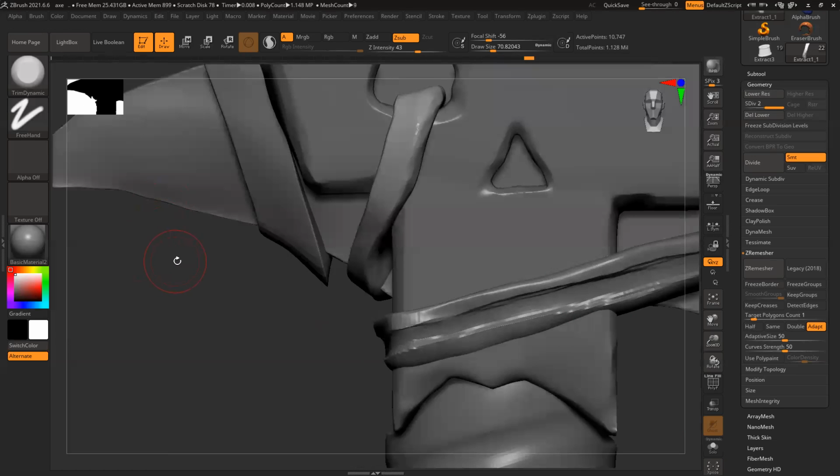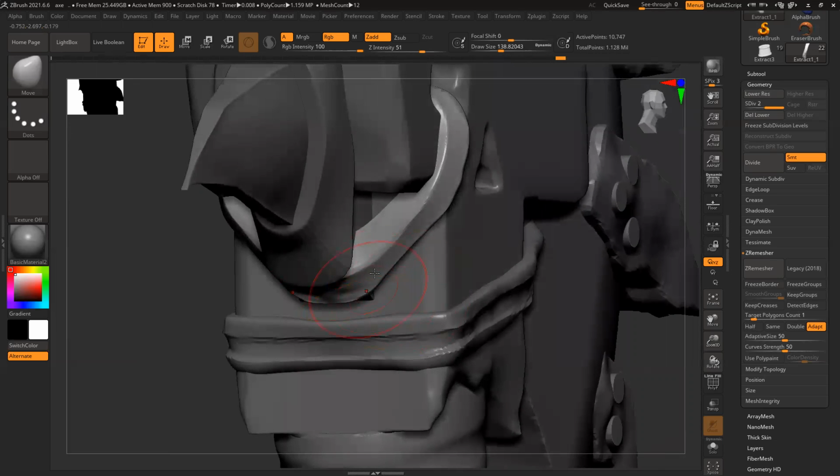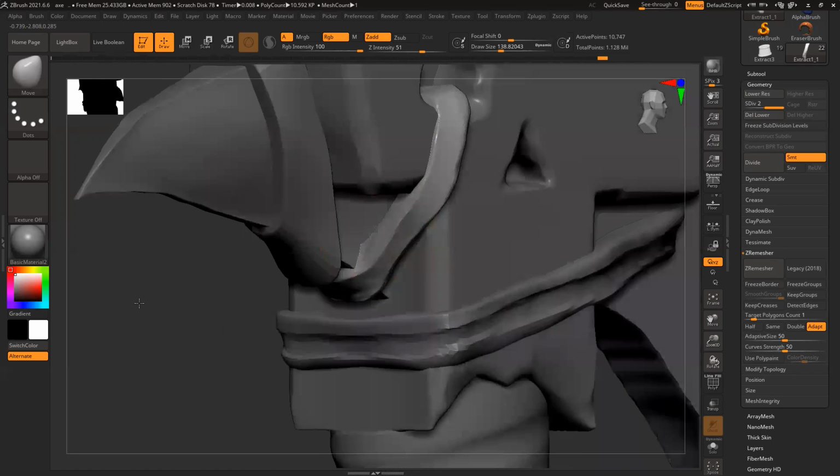Same level, almost flat. BMB move brush, and I can see slightly move it. Thickness, try to keep it almost same everywhere.